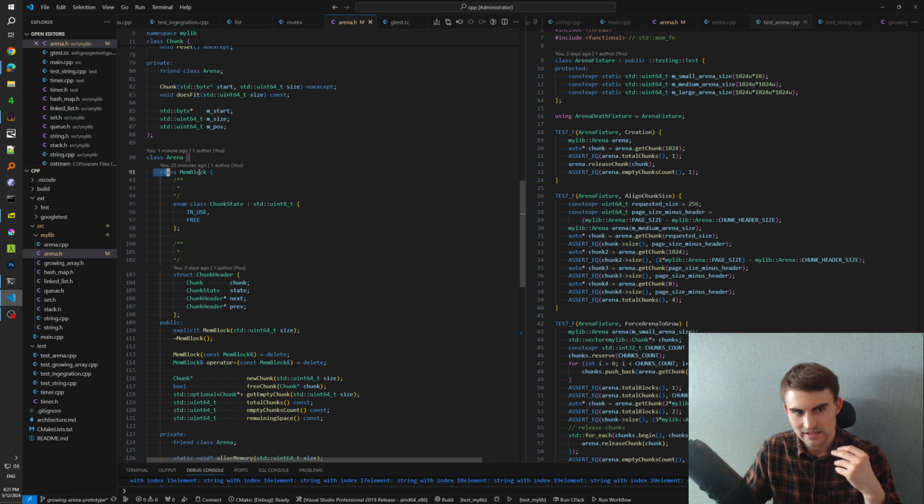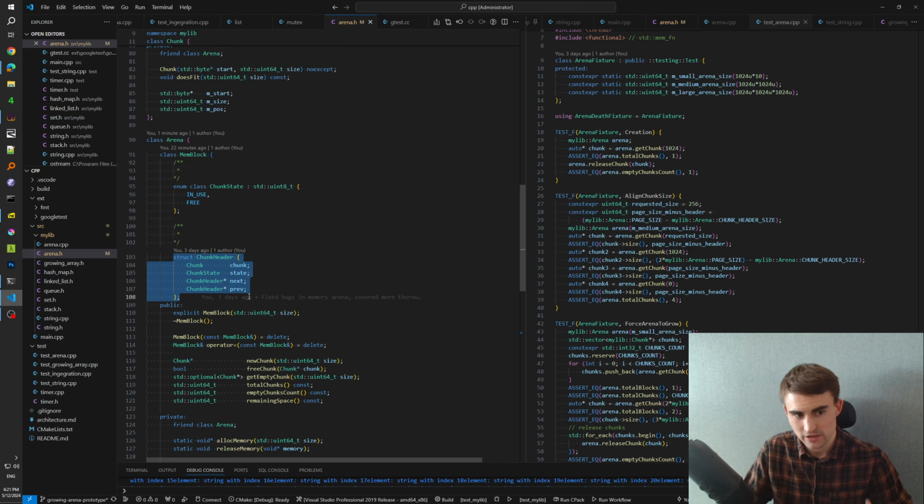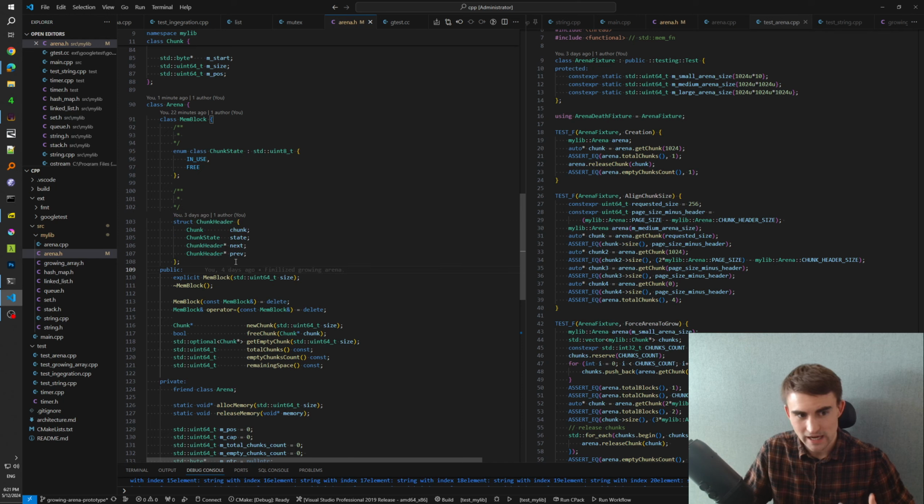So I have a nested class here, memory block, and this is an abstraction around the memory block that our system has allocated. And it has a state, but this is for the chunk state. And it has an additional structure, which is a chunk header. And I don't remember whether I've tried to explain it in the previous video, but what a chunk header does is just for any chunk that you request,